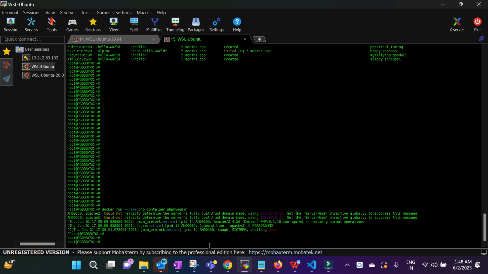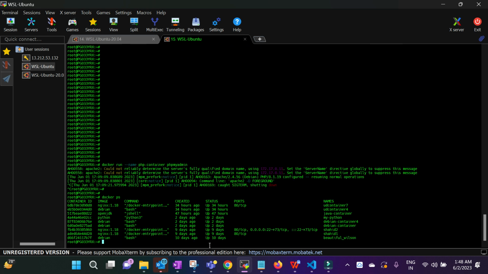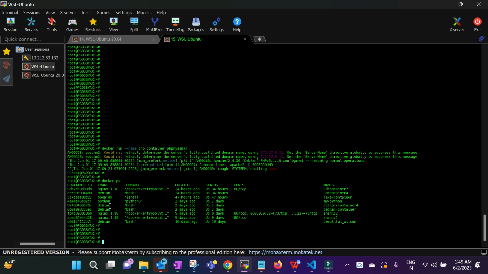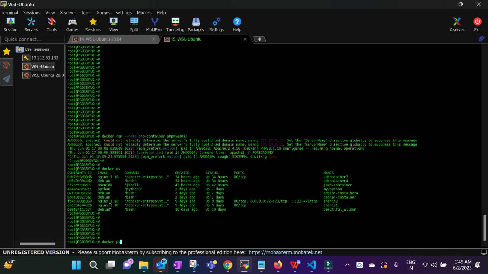Okay, if I put docker ps, it doesn't show me any container with the phpMyAdmin, because we are not using the -it options, right? So it will not take me inside that container. At the time of creation it will destroy that container. But if I put the command as docker ps -a, it will show me all the activated or deactivated